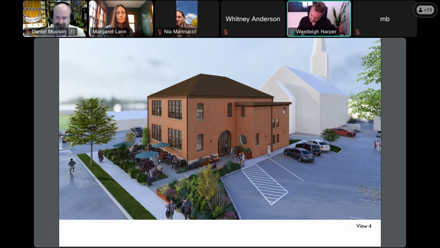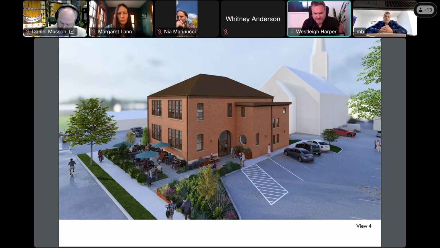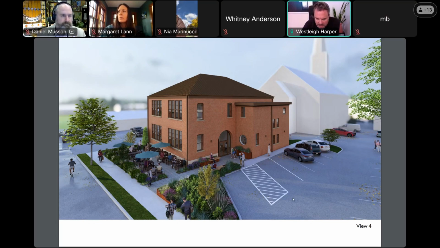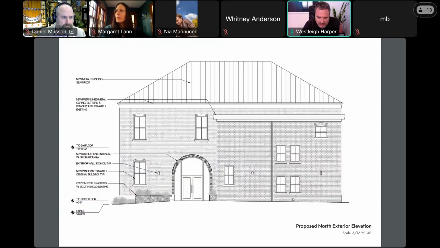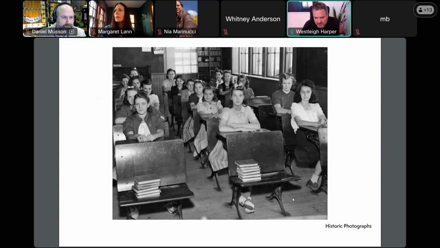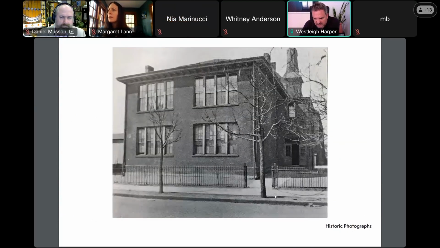Yeah, that's no problem. In terms of the arched windows, it's interesting. The historic image that we found, I think a couple slides up, if you zoom in, that one. If you could place the arrow straight up, Dan, basically the second floor, the top of the, right there.